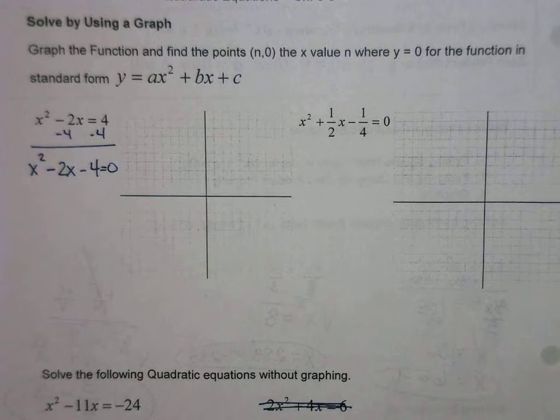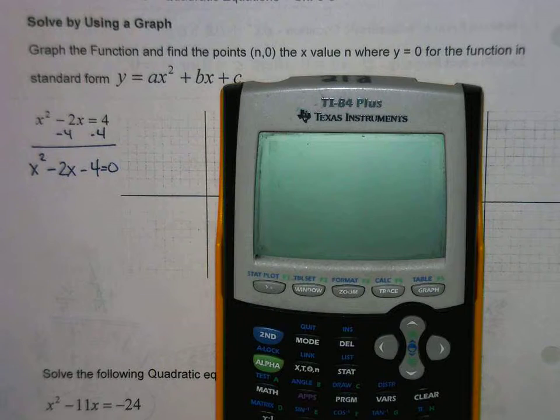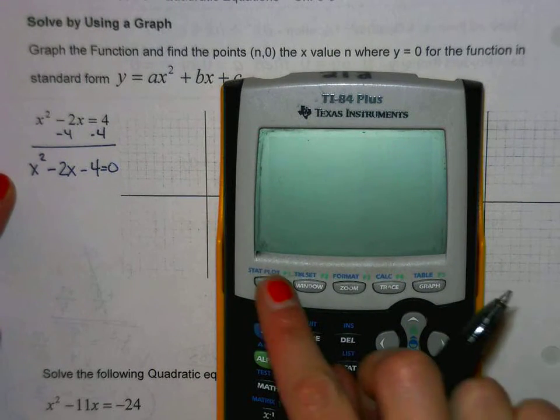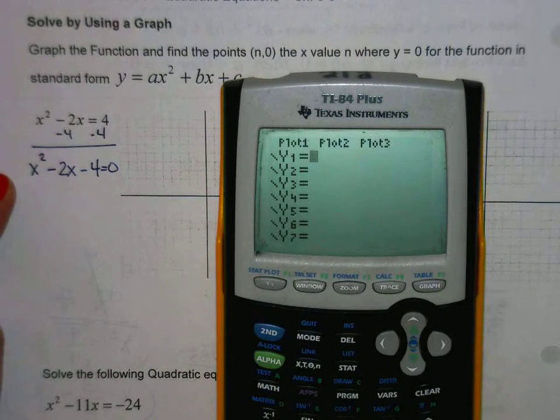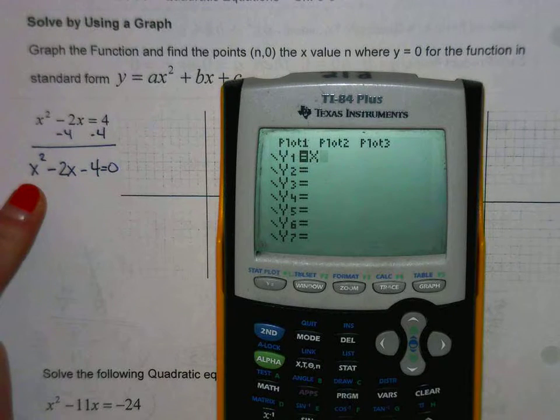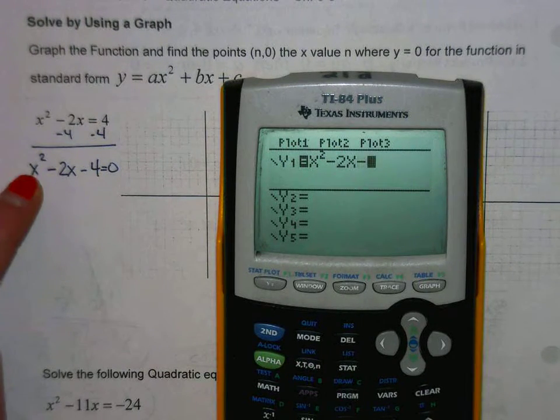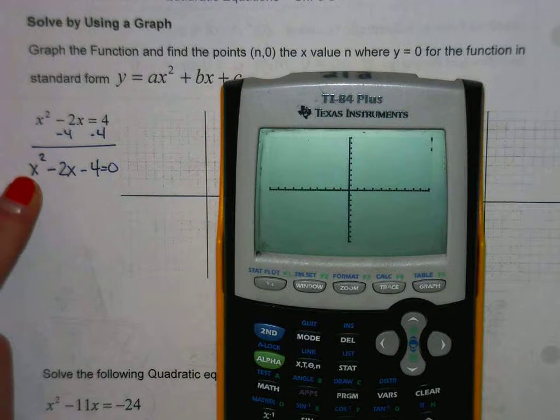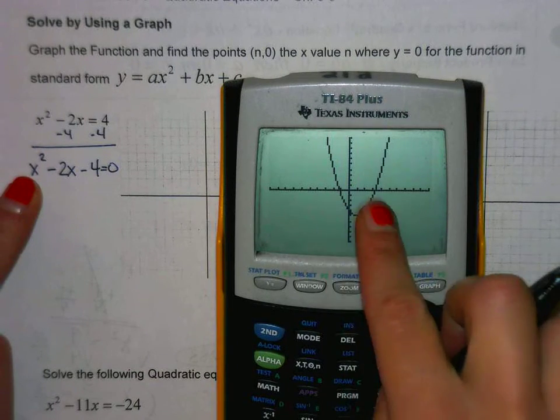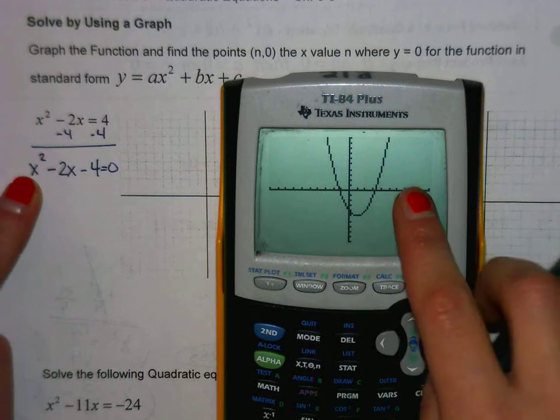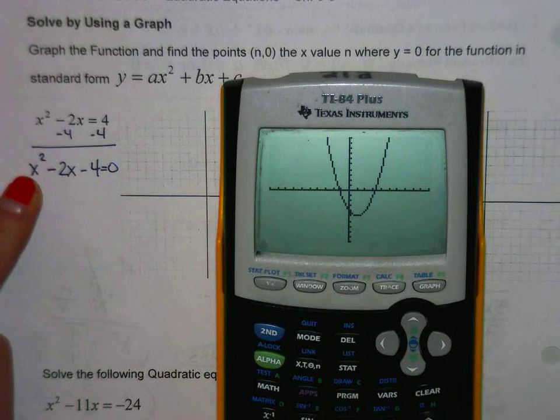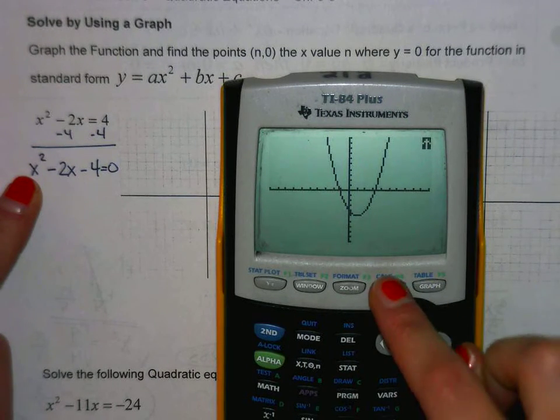So first, we're going to hit y equals. We're going to type in our function, x squared minus 2 times x minus 4. Then we can hit graph. In order to find our zeros, so where it crosses our x-axis, we're going to hit second, trace, go down to number 2. So when we're looking at our left bound, what I want you to do before we get started here,